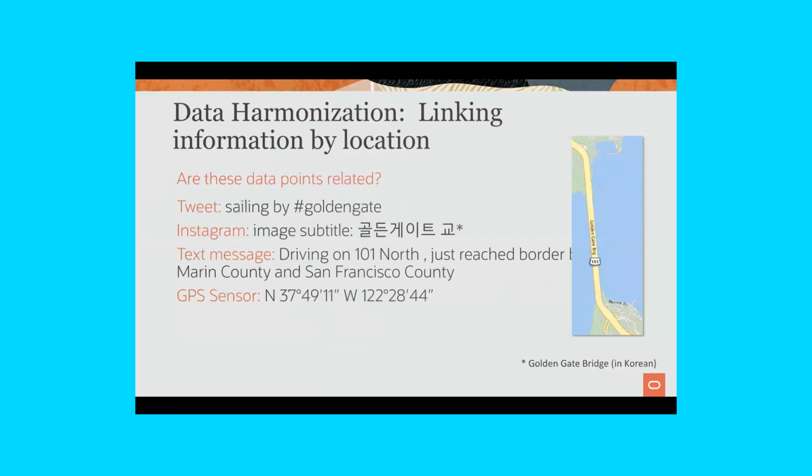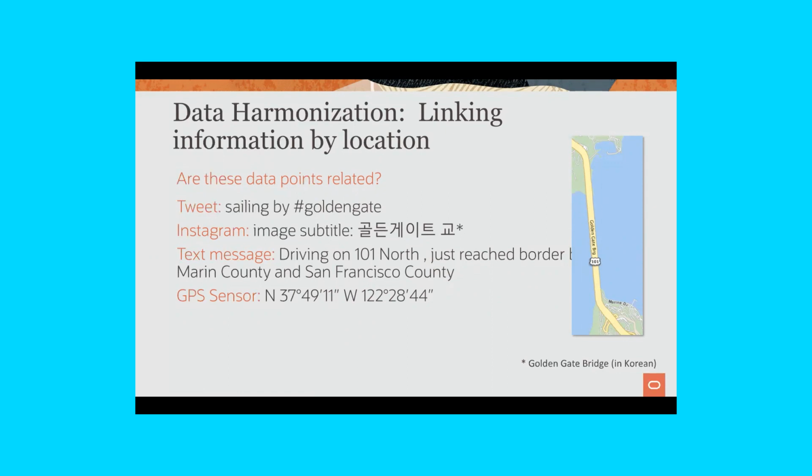If you're doing this type of analysis in the database, databases typically work well if you have some reference key that ties all of them together. But when you're looking at this data in a big data platform, all of them are talking about the same spatial entity, but there is no single unifying key across these things.